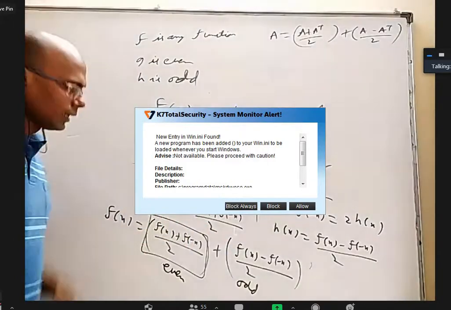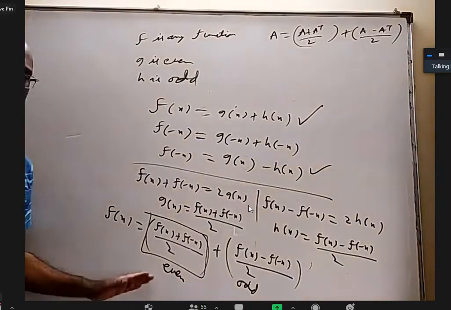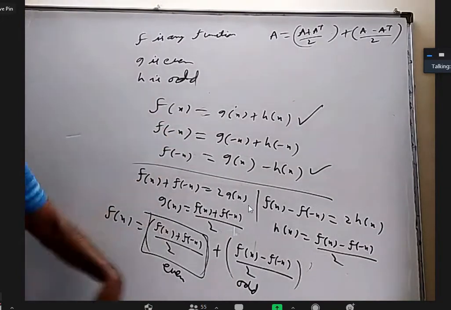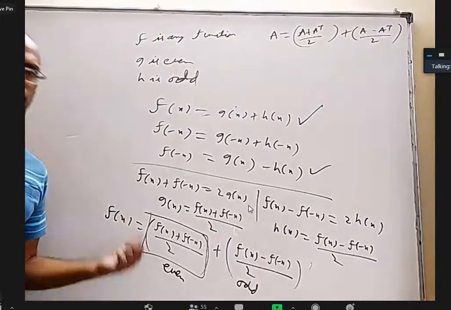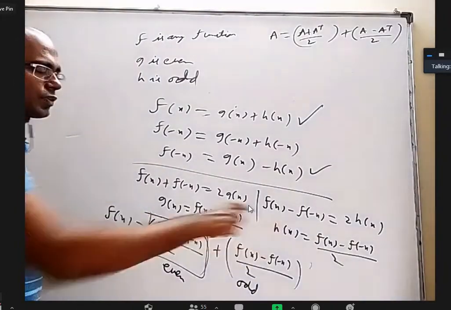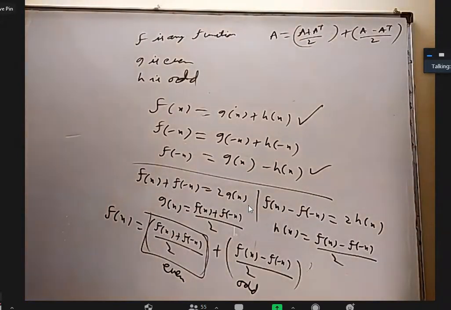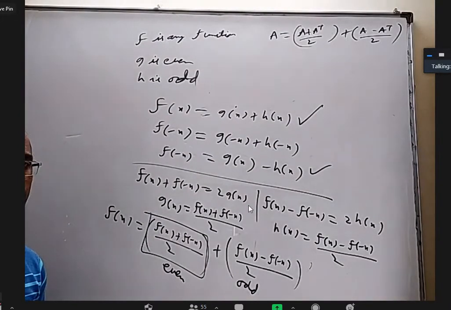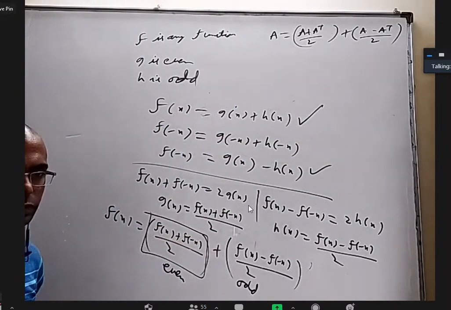In the same way, f need not be even or odd, but every function can be written as the sum of an even function and an odd function. That's what this says. If somebody wants to write the whole derivation, you can, but the final statement is that every function can be written as the sum of an even function and an odd function based on this formula. I'm not dictating it; you can write in your own words. Every function can be written as the sum of an even and odd function using this form. And that one is analogous to this. That is for matrices and this is for functions.